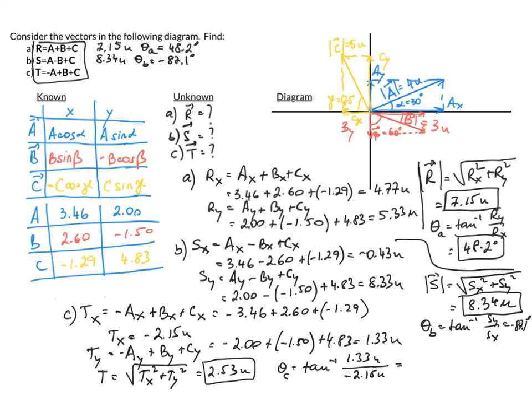And you get an angle of negative 31.74 degrees. So I'm going to write that up here. So t is 2.53, and the angle is negative